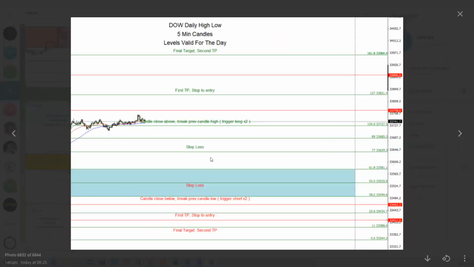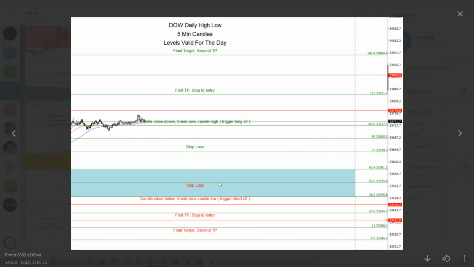On the Dow daily high low, currently trend is up, 8 is above 21, above 50. So with that, currently between levels of 100 and 127. Only triggers I'm looking for now is a moving average crossover to the downside, and with that candle close below the 38.2, break previous candle low to aim for the 23.6 first TP, 11 second TP, and stop loss being